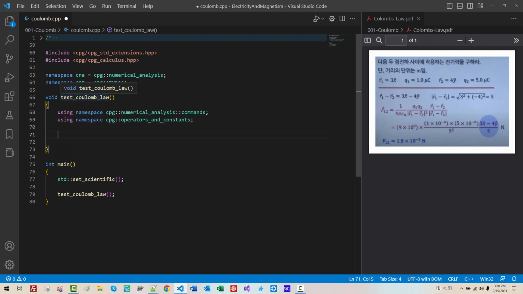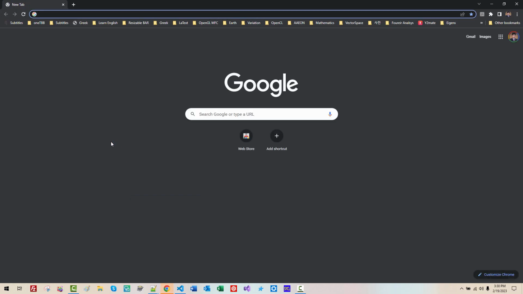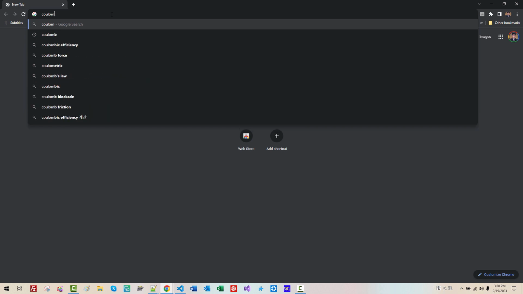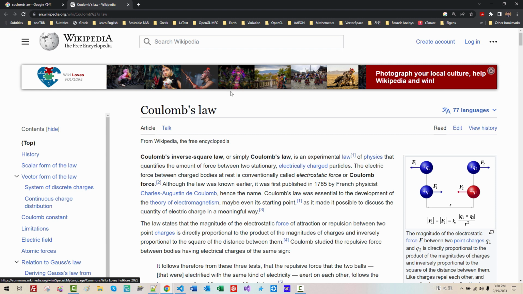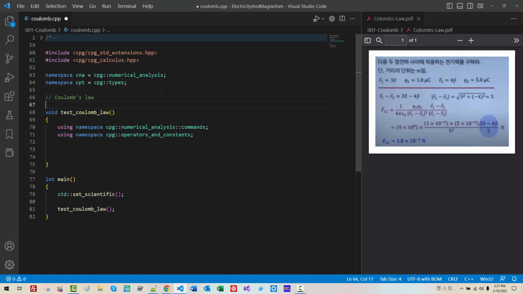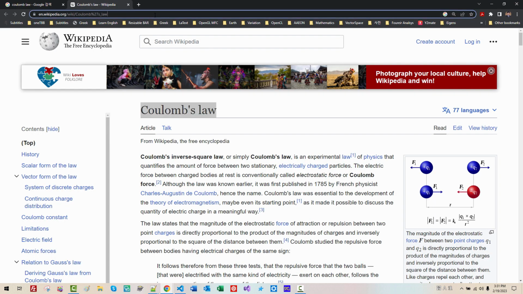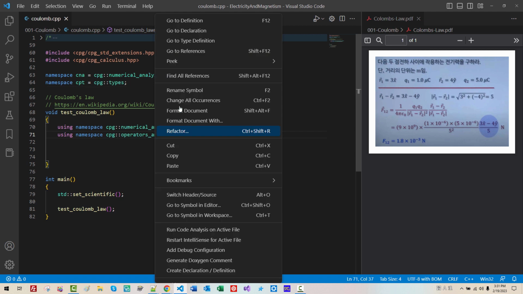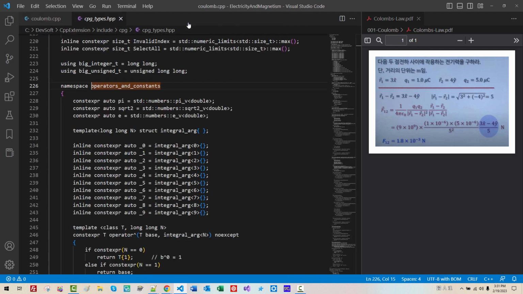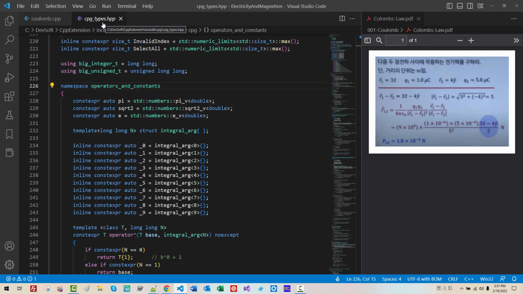Now I need to define some constants for Coulomb's law. Open up your web browser. Search Coulomb law from Wikipedia. I will copy this text and paste it here, the link of this document. You can right-click, go to definition, CPG types. In this section, for